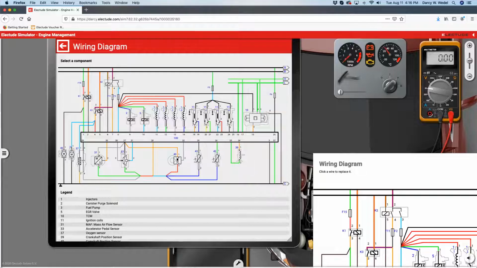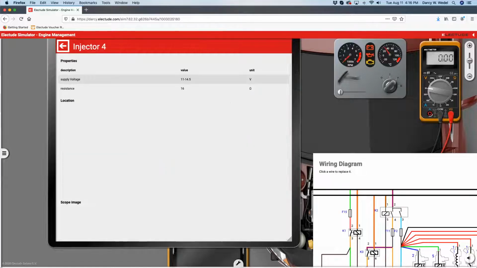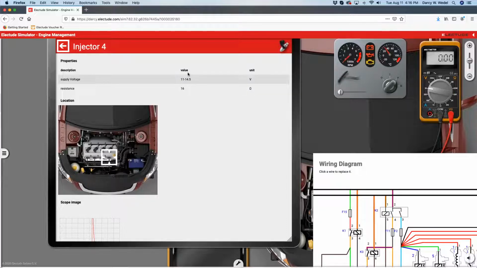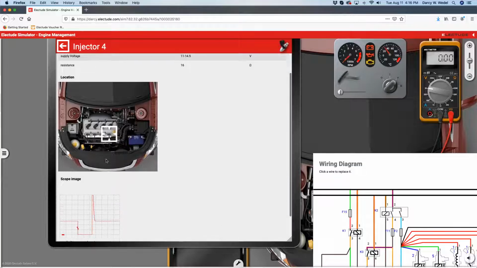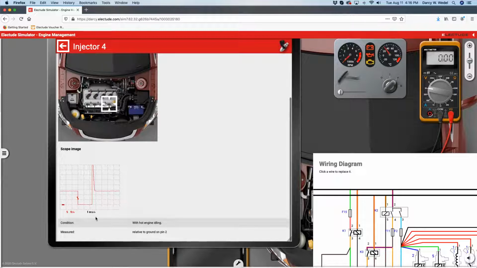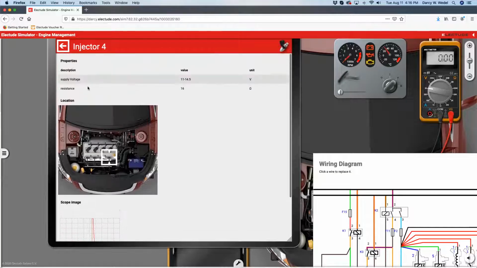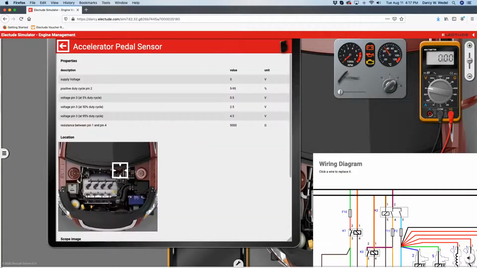So if I wanted to get the specs of one of the fuel injectors, I can click on it and it tells me what the supply voltage should be, what the resistance value of that injector is, where it's physically located on the car. And then down below here you have a known good lab scope image with your time and your voltage per division settings, and then the conditions for which that pattern was taken. So this was on a hot engine idling relative to pin 2 to ground, so connected to the injector. So you have that availability where you can click on the item,